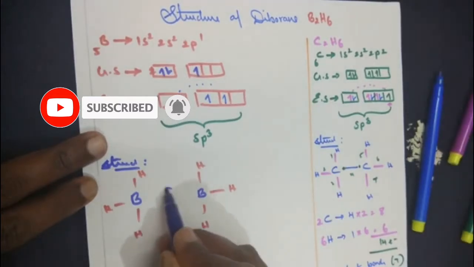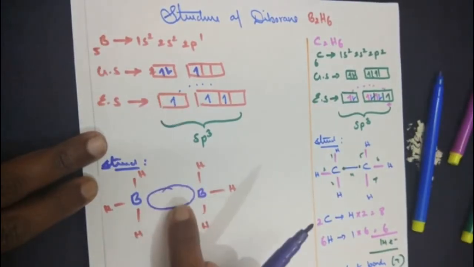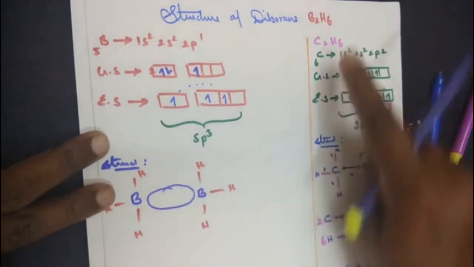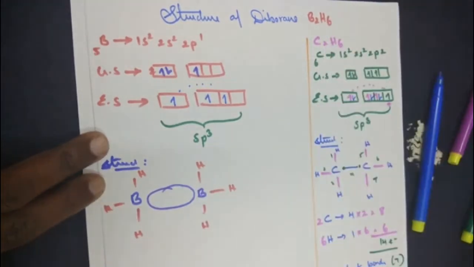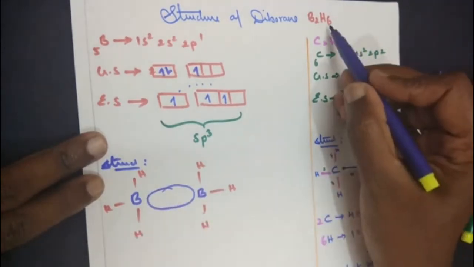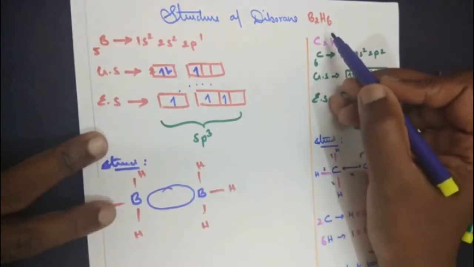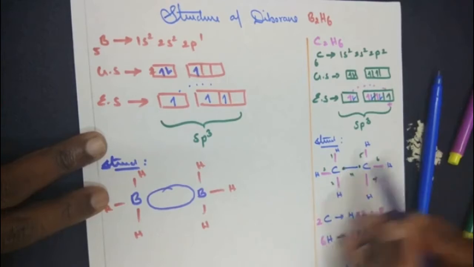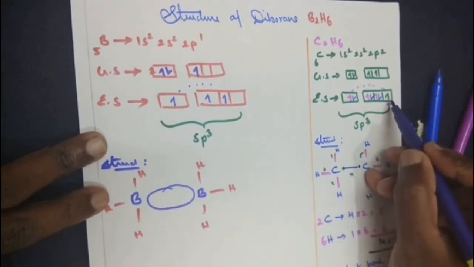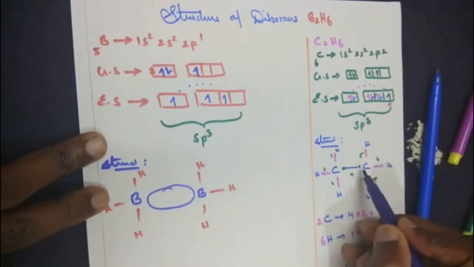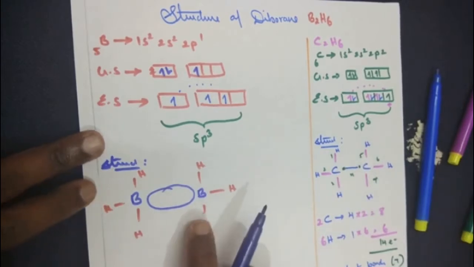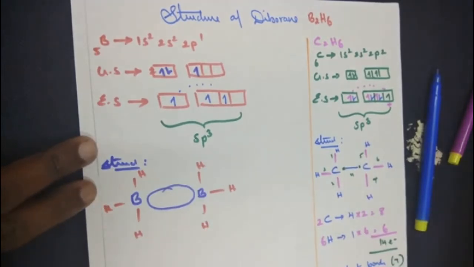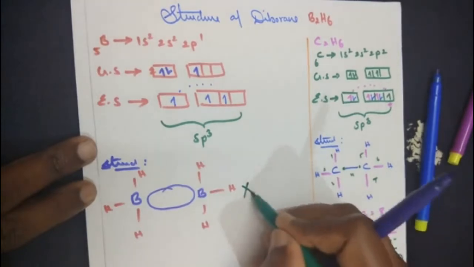Now we have a question mark. We are saying a molecule is being formed, so there should be a bond between them. We have no proof of how the 6 electrons are balanced, and 6 hydrogen atoms are shown, 2 boron atoms are shown, but in the case of ethane we had 1 unpaired electron from each carbon forming a new type of bond. In this case we have no proof. So this is not the right structure.